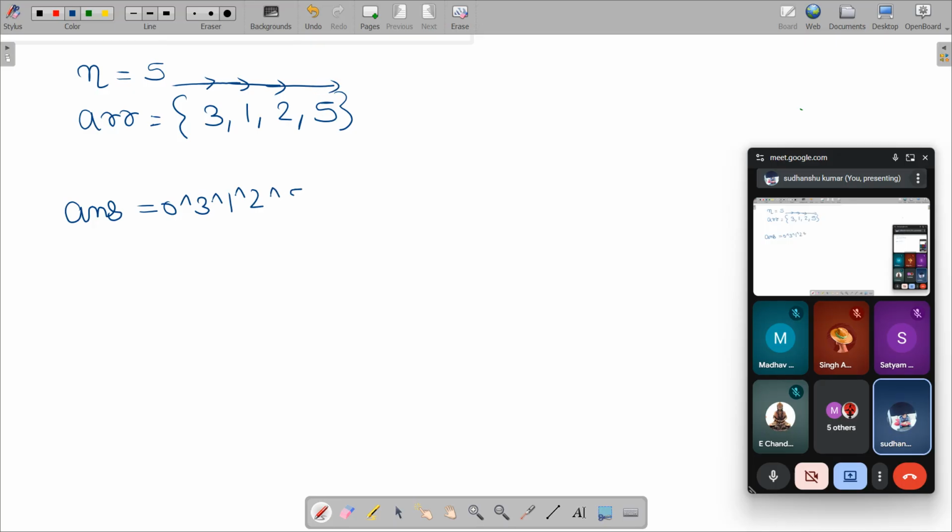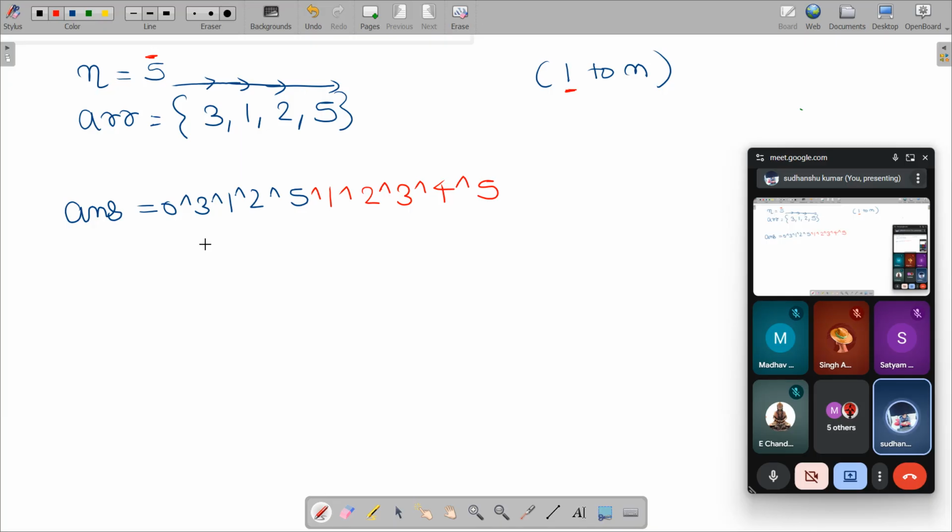Once done with this loop, I will also run a loop from 1 to n. I know this value of n. For every i I will jor it to the same answer. So I will jor 1, 2, 3, then 4, then 5. This is what I will do, and then I will have my answer.